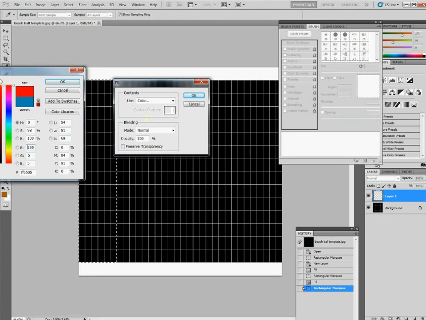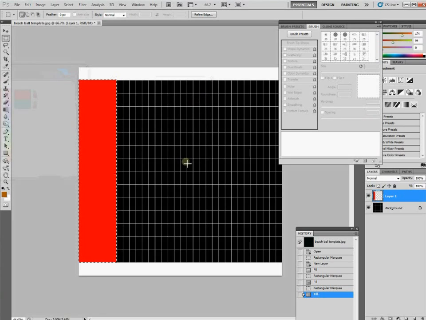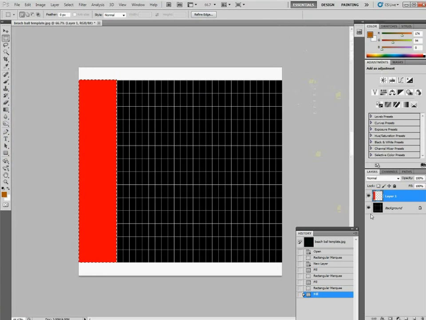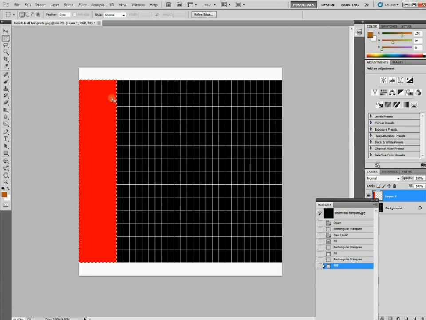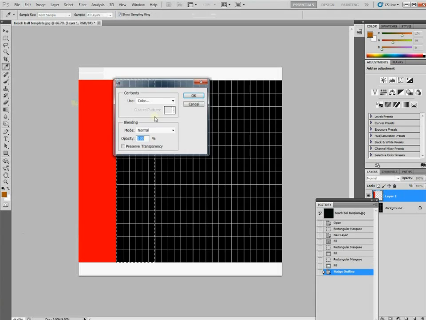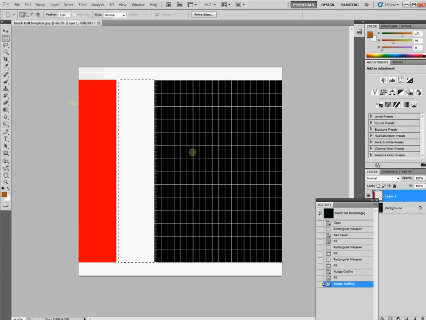So I'll use a red color, then I'll alternate it, shift move, edit fill white, okay, move,